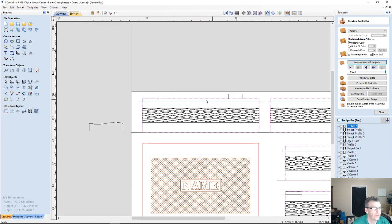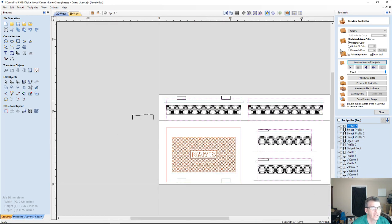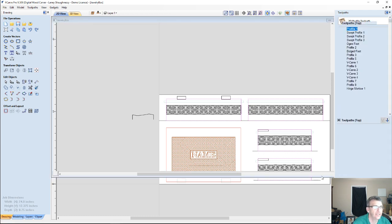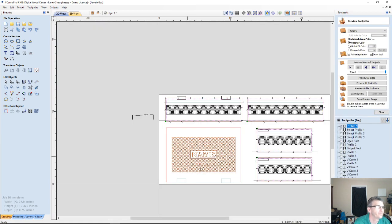I'll show you a better way. We're going to do the profile cuts half and half. So let me open this back up, and we're going to go 3/8 of an inch, 0.375 on this side. Calculate. And on the other side,